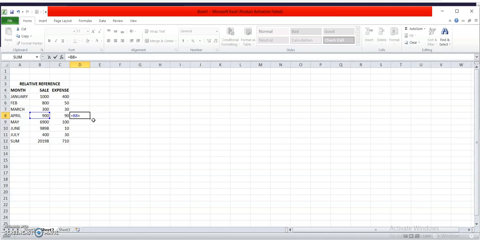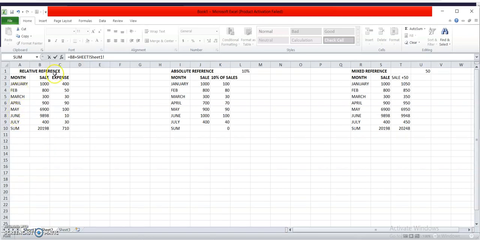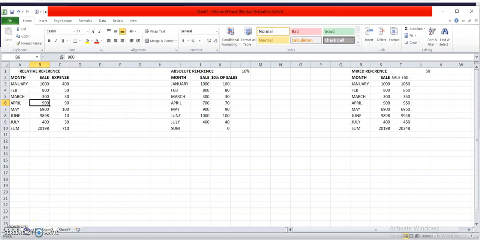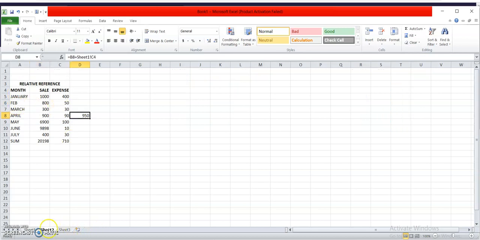I will write plus, then Sheet1, the exclamation sign, and after it, let us suppose we need C4, where C4 is 50. You can see 900 plus 50 is 950.